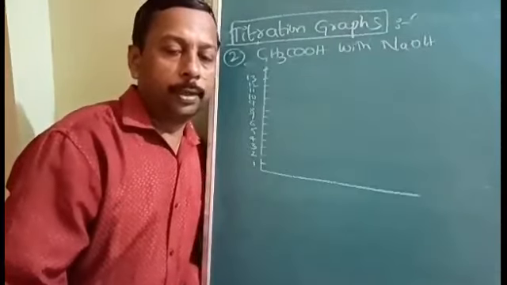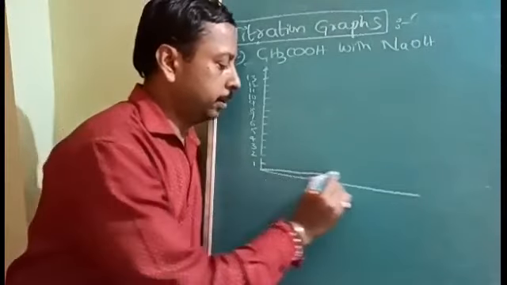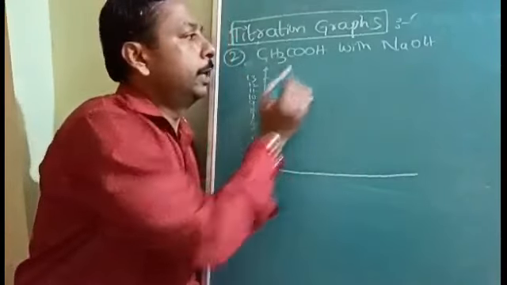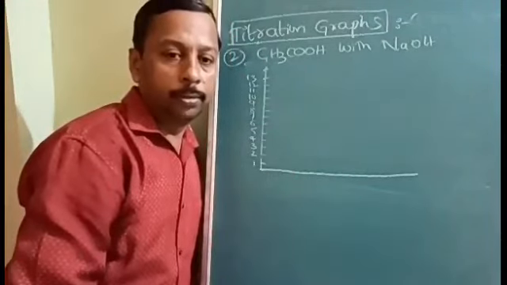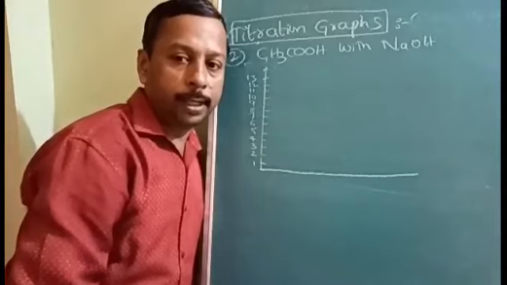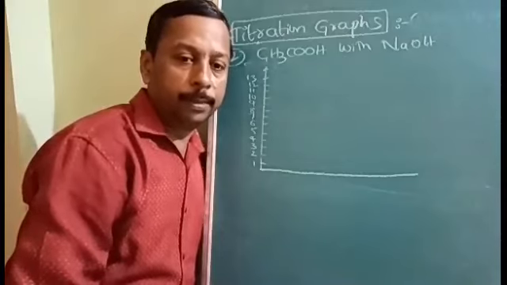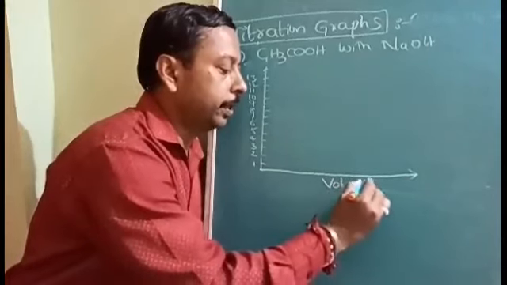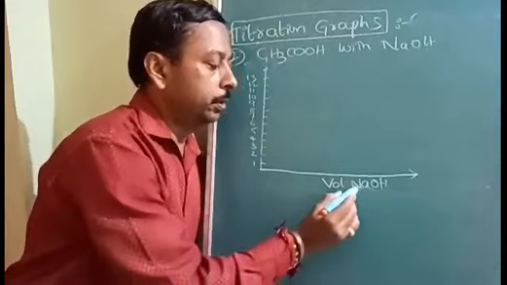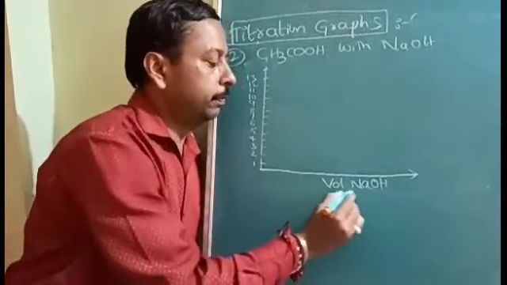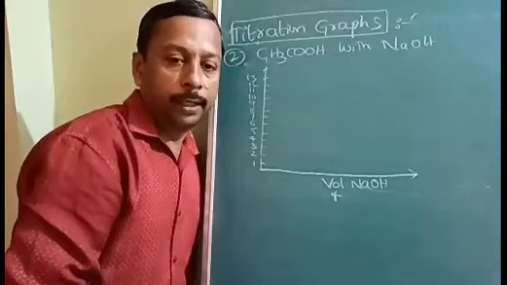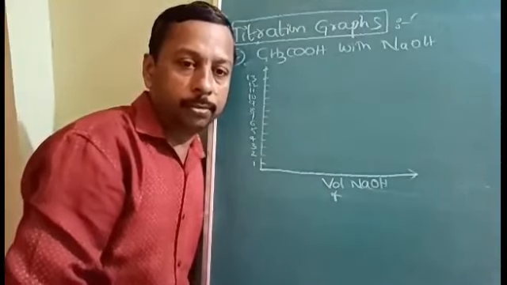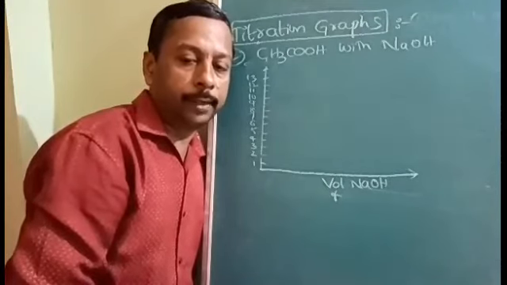Okay, now we are going to study the graph when you are titrating acetic acid with NaOH. If you understand the previous graph with the complete concept, then it will be easy for you. Here we write volume of titrant. What is the titrant here? NaOH, the substance which we are using for identifying, is called the titrant, and our intention is to calculate the concentration of acetic acid.